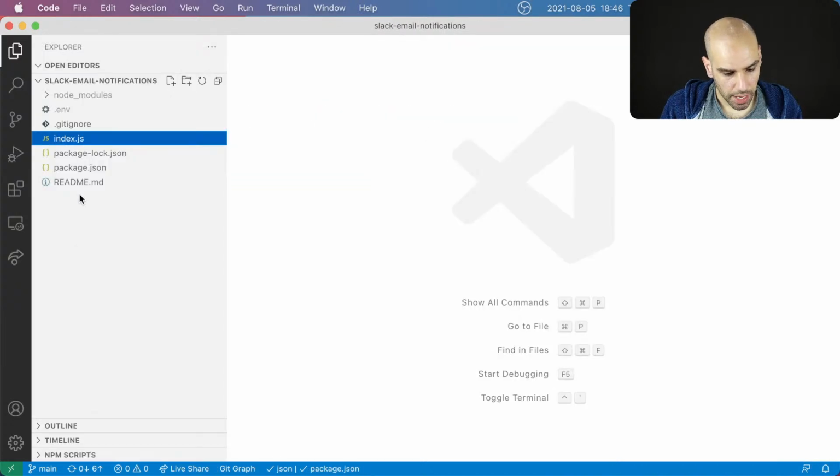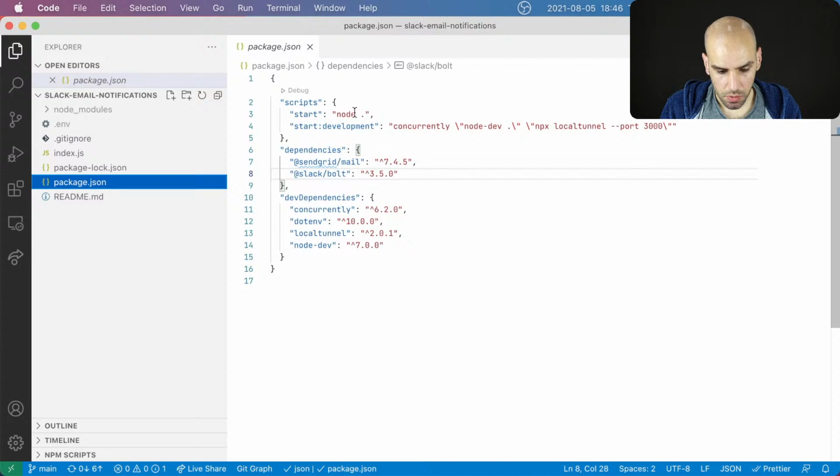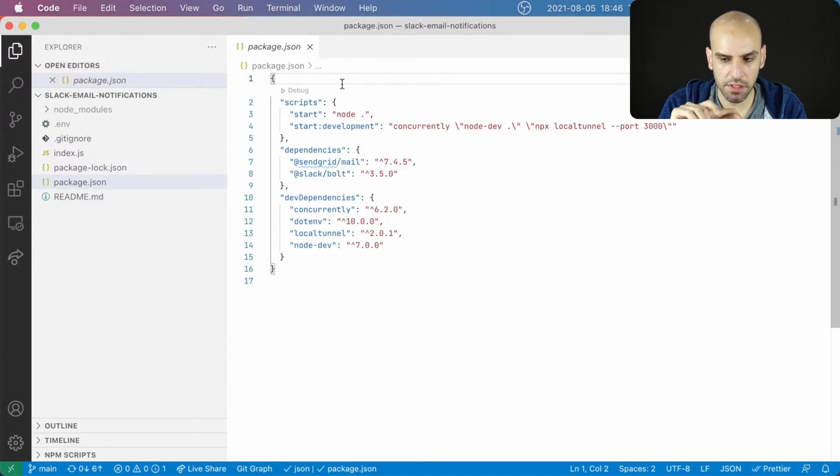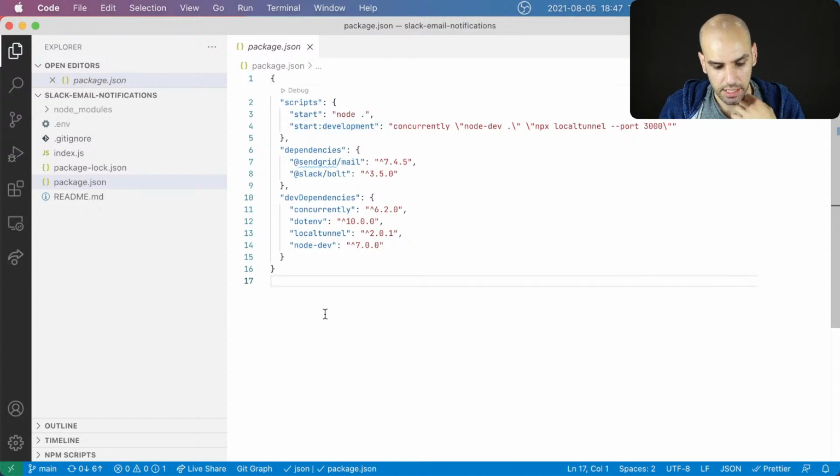So we looked at the package.json, and I think it is all right. We could have some metadata like a name for the project and whatever, but I don't think we are going to have this as an npm package. It is just going to be an application that you deploy. So I don't really think it makes sense to have things like versions and names and author and license over here in the package.json. So just a way to start the thing in production mode, a way to start it in development mode, some dependencies, and that's the story. I won't even write tests for this. I don't think it makes sense.